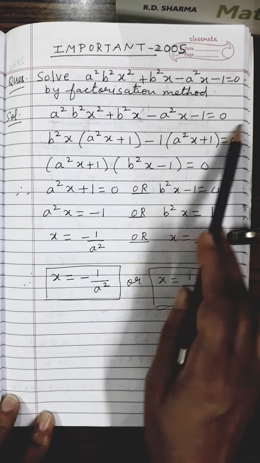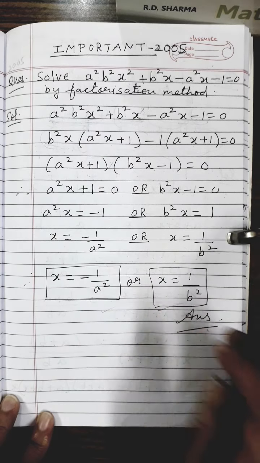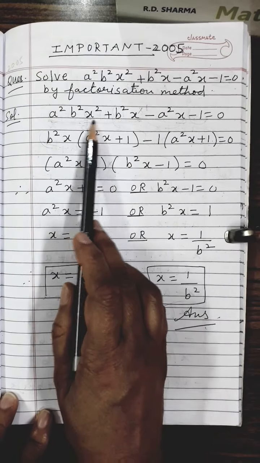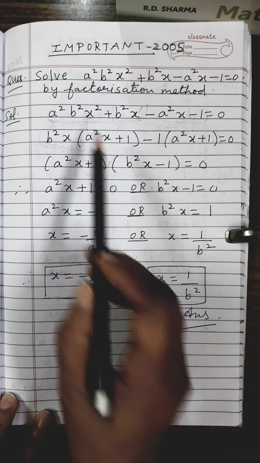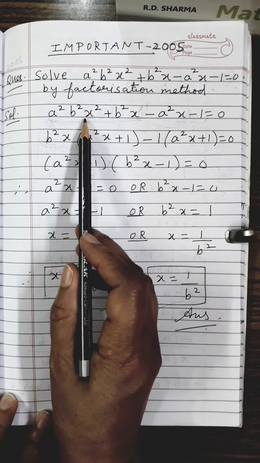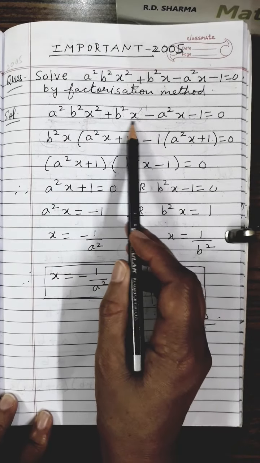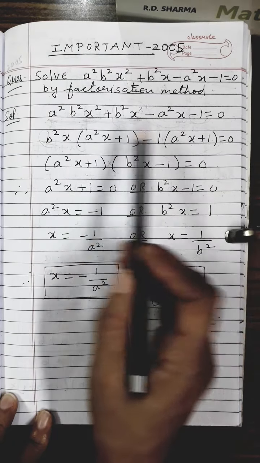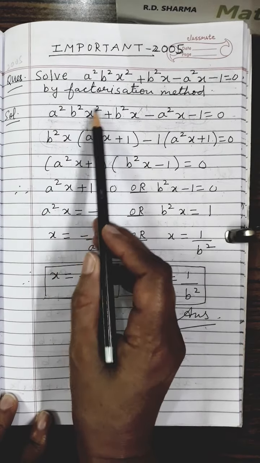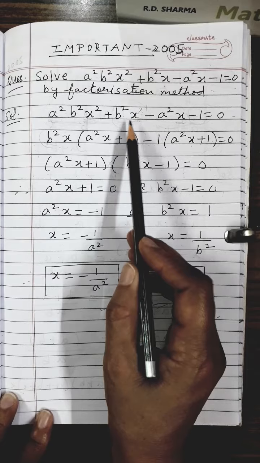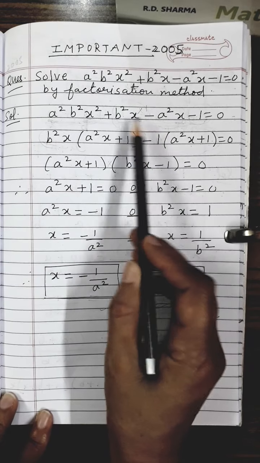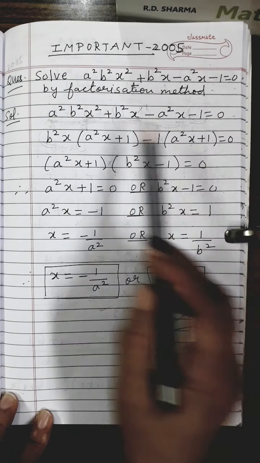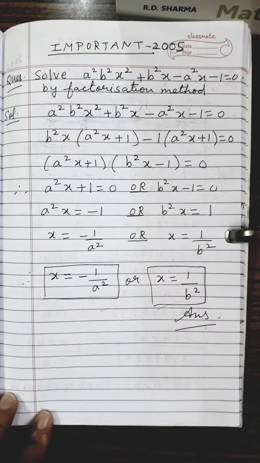This is the equation given to you in the question. First of all, you have to understand that the alphabets A and B, they are constants. The only variable is x in this equation. So if you look at the first term, this term contains x square, second term contains x, third term contains x, and this is the constant term. So it is of which form? It is of the form ax square plus bx. You can take out x common from these two terms. So combiningly this will be bx and this is plus c equals to 0. That means it is of the quadratic form, right?